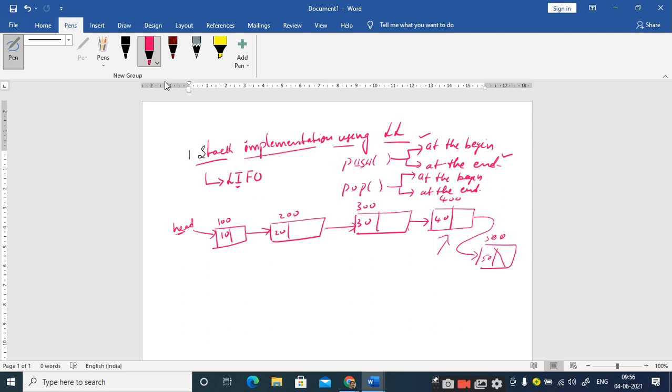So as per the definition of the stack, the last inserted element should be the first outputted element. So I have to implement the pop operation using deletion at the end. Am I right or not? Right, sir. So when I implement the push operation using insertion at the end, I should implement the pop operation by deletion at the end. We will take the other case. Let us insert the element at the beginning. It is also possible, right?